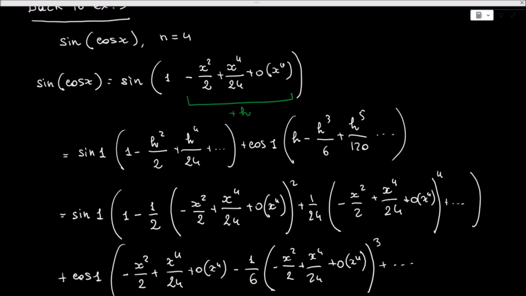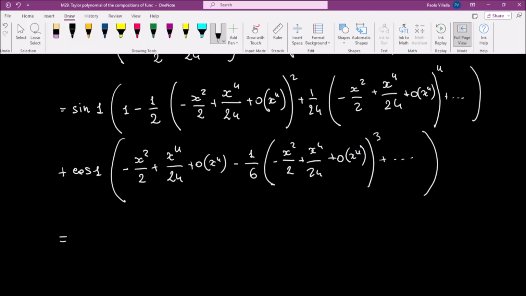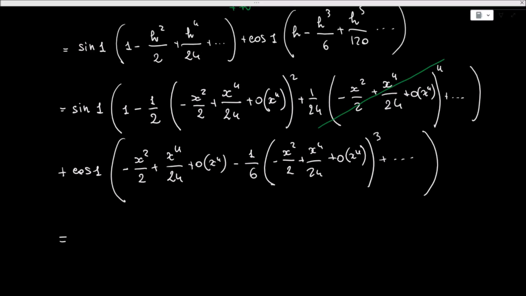Now remember that we are asked to find an expansion up to the order 4. So we can immediately realize that all these terms are beyond the power of 4, because we start with the power of 8. And the same thing happens for this, so we can immediately remove this and all additional terms,